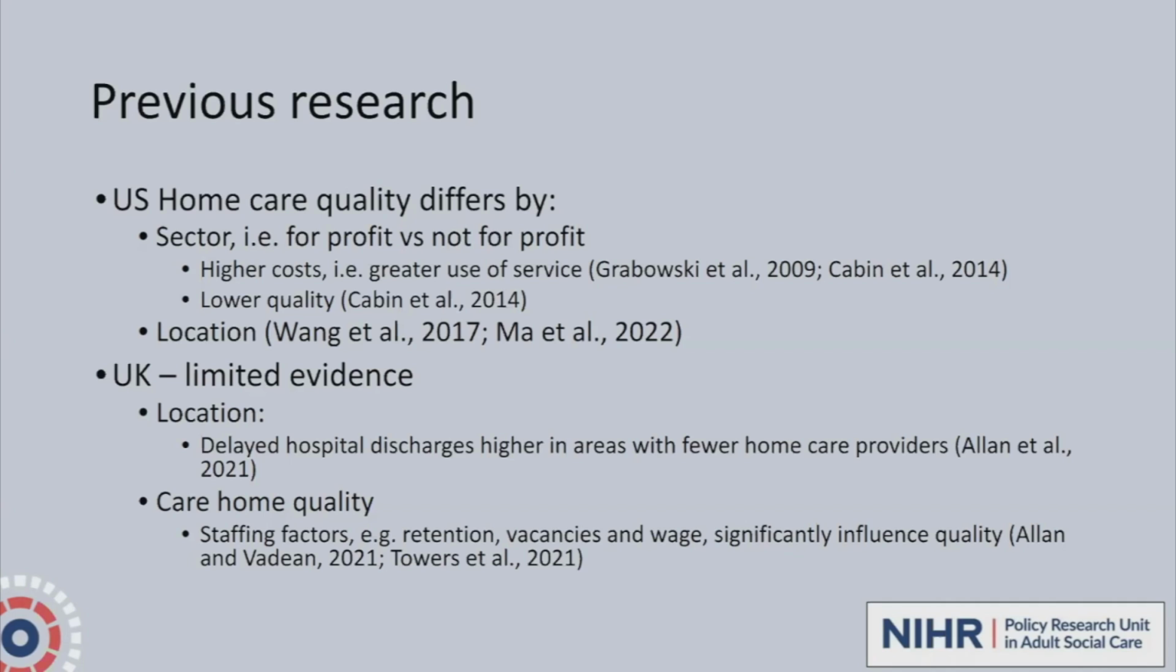Home care quality also differs by location, particularly urban-rural differences in home care provision, and that can be seen particularly around the distances travelled, for example. For the UK, there's more limited evidence specifically for home care, kind of a process outcome. We can say there's differences by location again, because some research that was funded by the